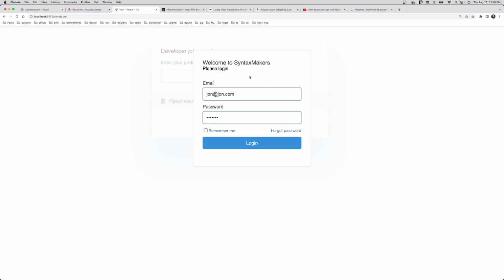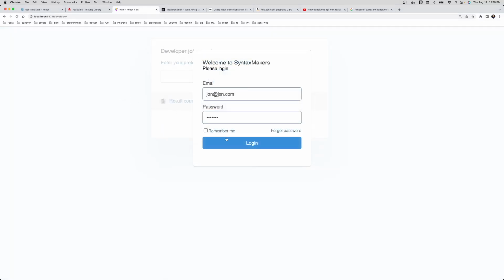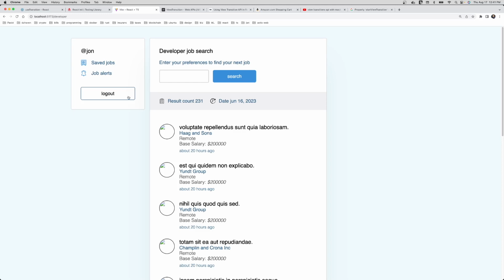So if you're not familiar, SyntaxMakers is my side project, a job hunting website dedicated to developer jobs only. So what we have here is the login screen, obviously. And what I wanted to create is a nicer transition between this state right here and then the actual logged in state. I hope you can see that on video, but there's a little bit of an animation that happens when I